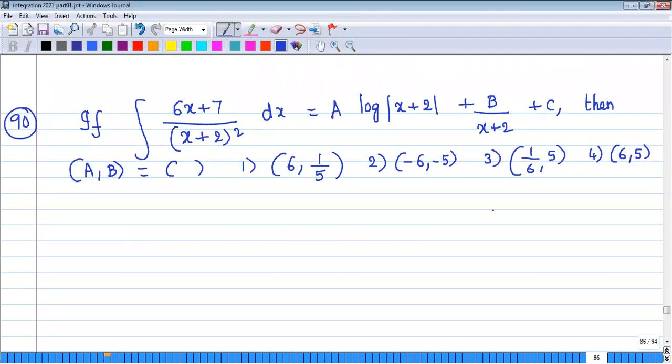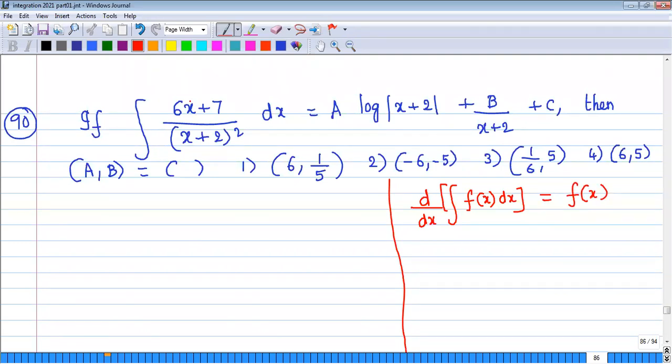Right. So first, to differentiate on both sides, I will explain the concept of the differentiation of the integral. d by dx of integral of f of x dx gives f of x. That means if you integrate, the left hand side is (6x plus 7) by (x plus 2) whole square. Okay, now the method: